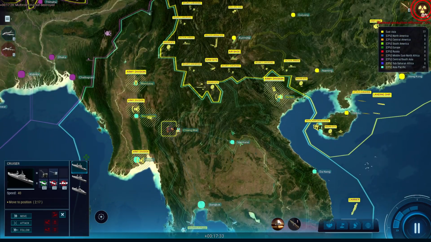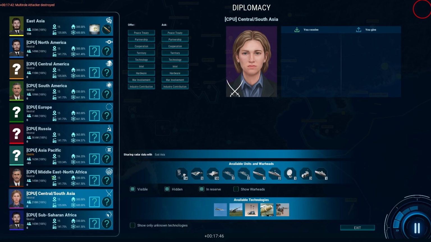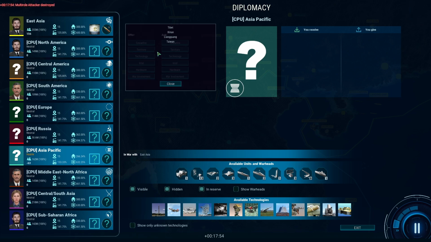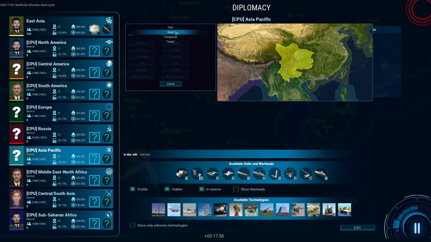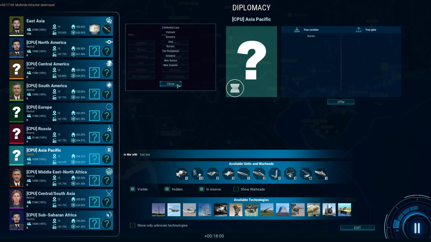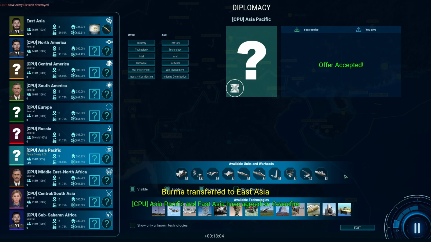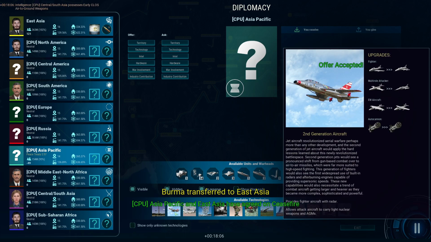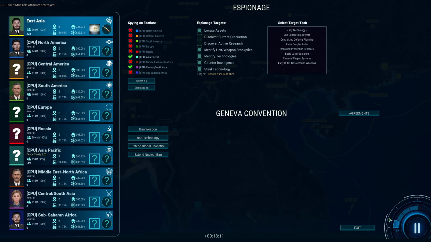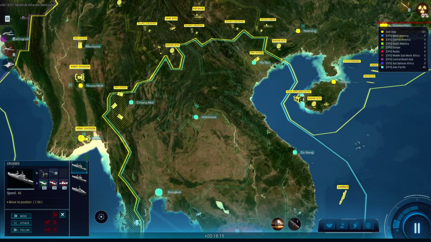Now, I think what we're going to do right now is we're going to try to go for peace. So we're going to go to diplomacy and we're going to say, hey, we're going to offer you some peace. We want you to give us the territory of... Oh, sorry. We want you to give us the territory of Burma, which we mostly control. And in exchange, we'll give you ceasefire. What do you say? Oh, they just straight up accepted. I guess you could have asked for more. We could have asked for some technology and some resources potentially, but that's okay. So now if you look at this, Burma's ours now, and of course there's ceasefire now,